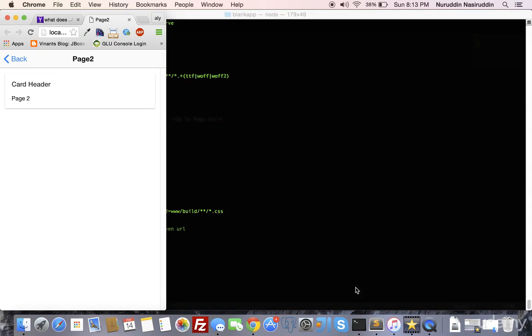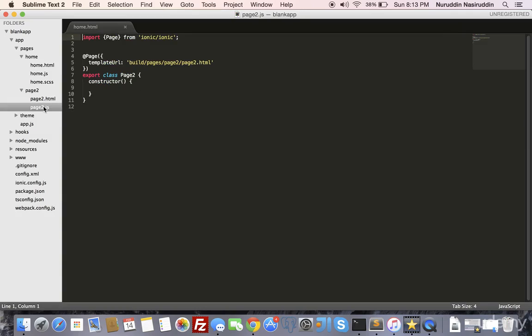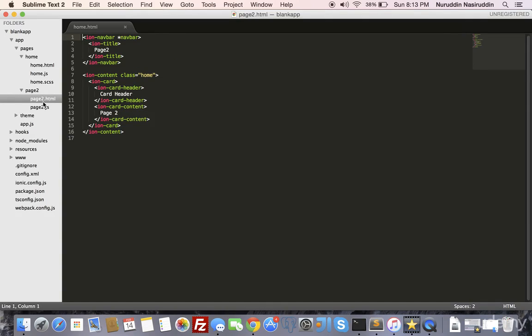Now let's recap what we did earlier. The first thing that we did was create a folder. We should create a folder for every page that we want to add to our app. The second thing that we did was create a JavaScript file and an HTML file. Now inside the HTML and the JavaScript files of the home page where we wanted to add the second page,